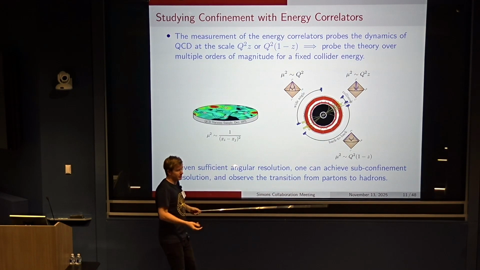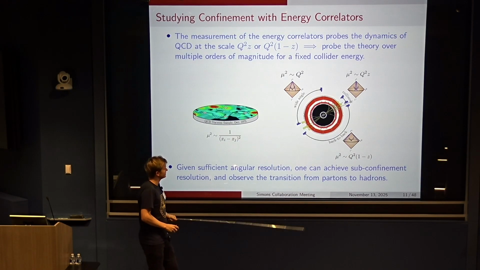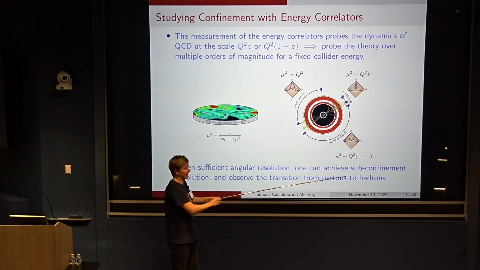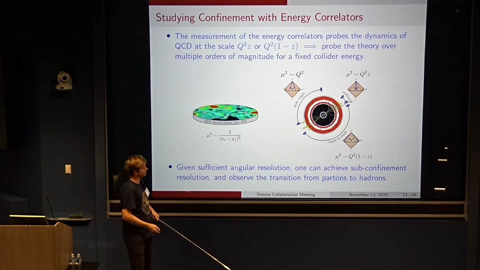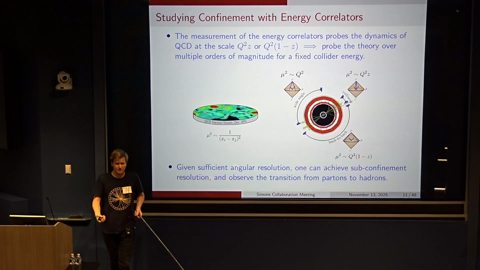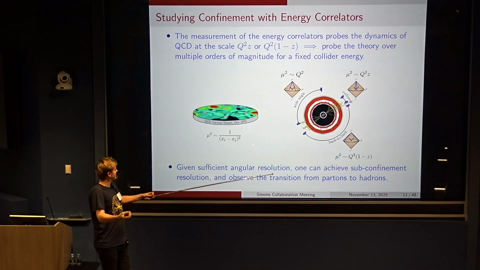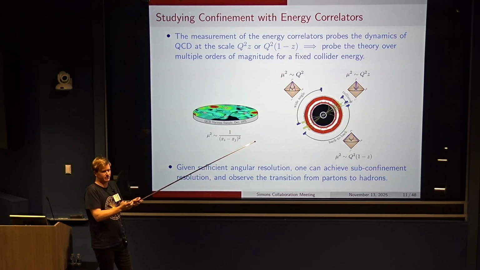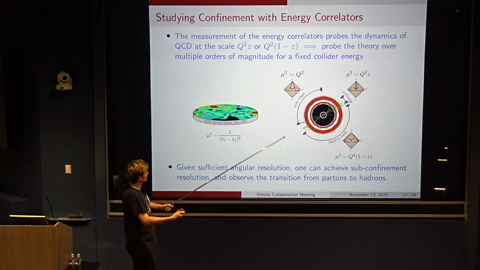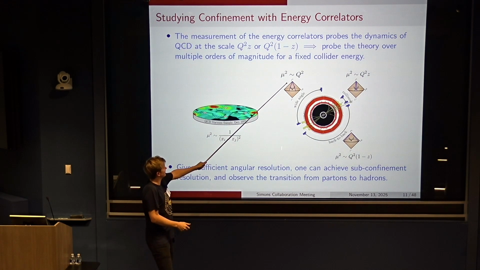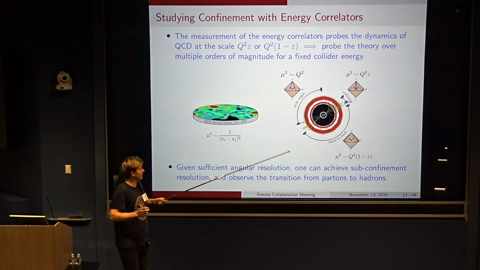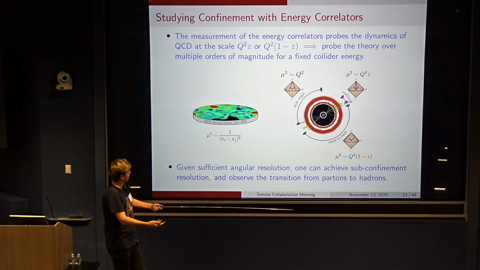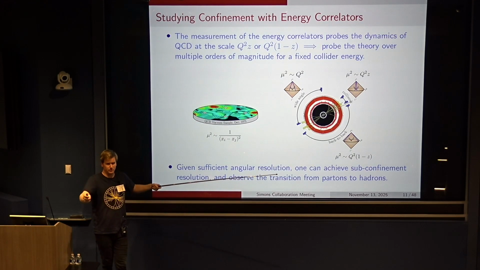So this is why in these experiments you're actually probing also much smaller angles. And similarly, as you bring the detectors exactly back to back, you're probing a scale of q squared times 1 minus z. And so one of the reasons why this is very nice is it's just like as if you actually had a correlation function of the local operators, and you can kind of dial their positions and probe this theory at different scales. And so in particular, if you have just a single collider at some high scale q squared, then by varying the angle between the two detectors, you can actually sweep out the energy that you're probing the theory at over, for example, multiple orders of magnitude.